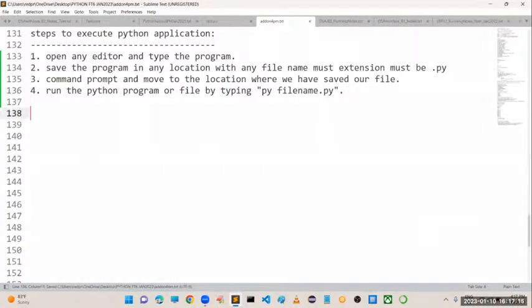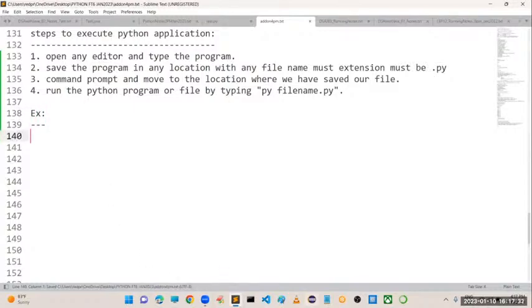If you type this, immediately the command prompt is going to display the output of your program if your program is correct. If your program has any mistakes, it will display error messages on the screen.